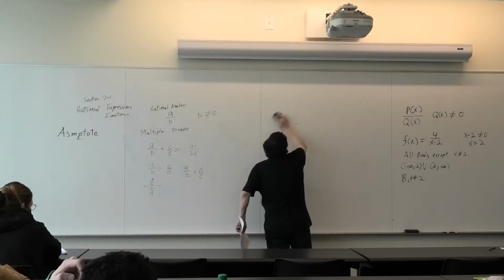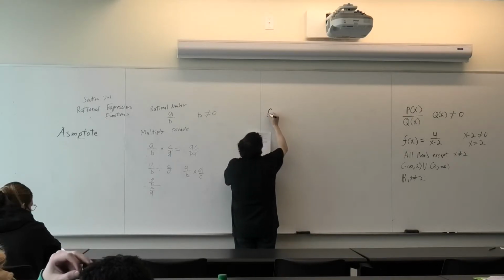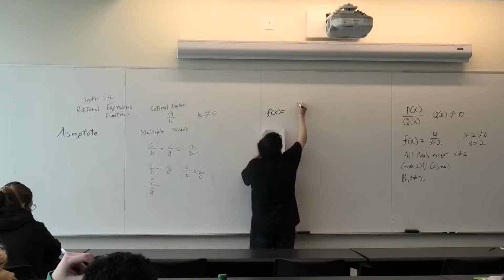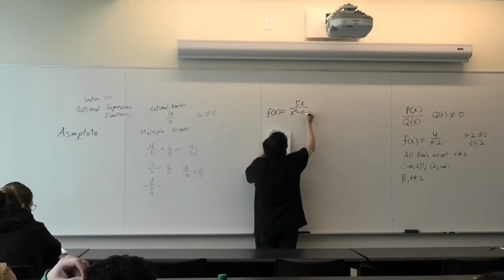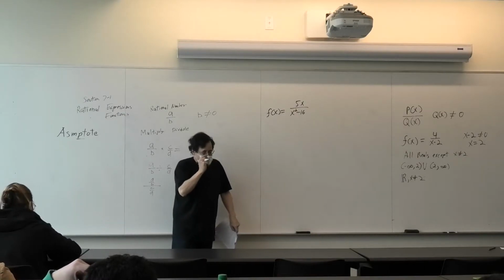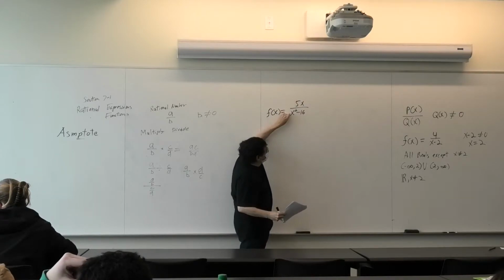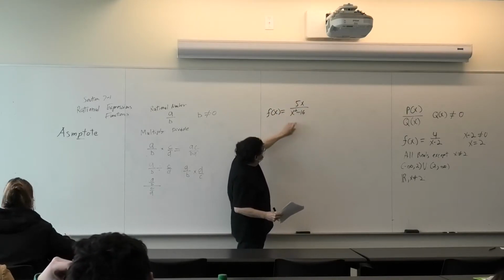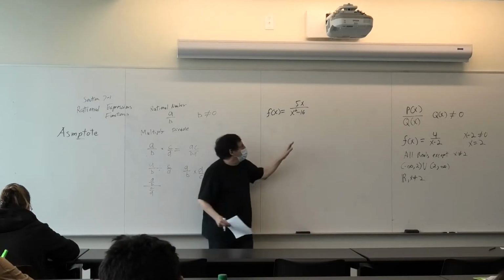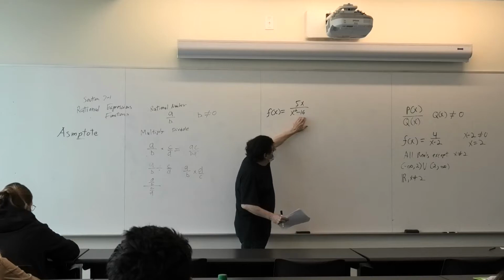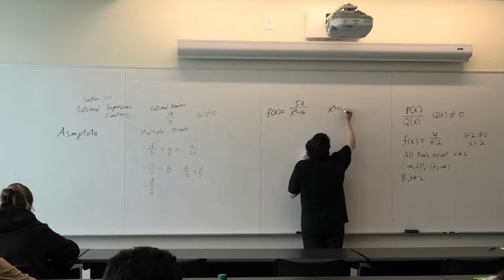Here's another example. f of x equals 5x over x squared minus 16. Okay, again, we have a polynomial p of x over another polynomial q of x. And if we're interested in the domain, we need to find out where the q of x could be 0. So if x squared minus 16 is 0,